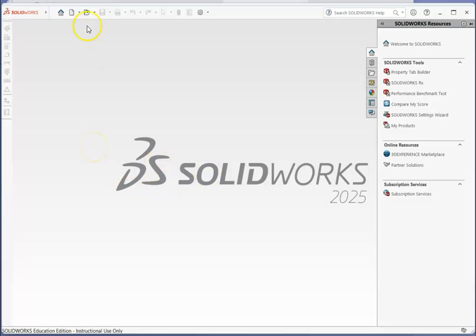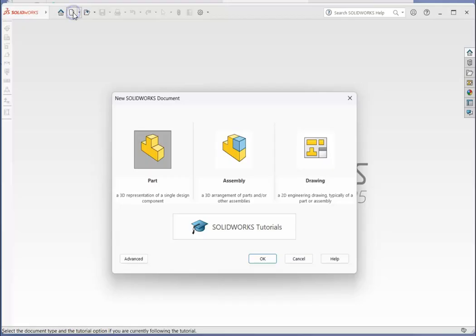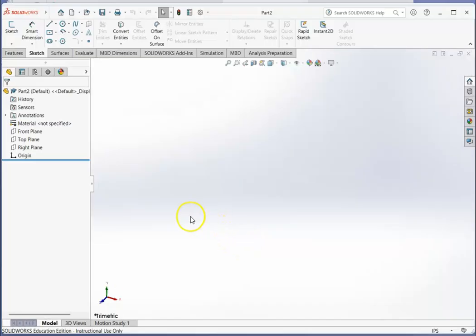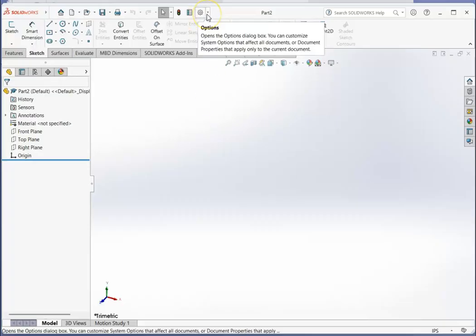Now, next we need to tell SolidWorks we want to create a part. Highlight part, click OK. After that, we need to set our material, we need to set our number of units, we need to set our drafting standard, and number of decimal places. To do those three items that I just mentioned, click the gear,